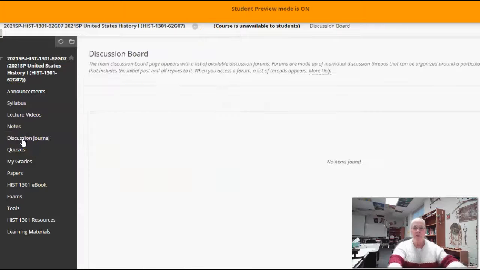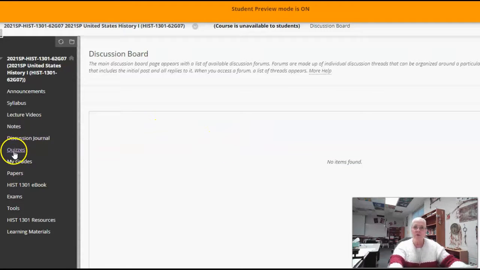Here is where you're going to find your discussion journal when they open. Now, the very first thing that's going to open here is going to be a personal information type of tab that I want you to give me some background information about who you are and what you do in school, and what's your favorite subject. Are you involved in any extracurricular stuff? That's what I want you to put in there. Just a way for us to get to know each other better. I'll also put one in there so you kind of see how that's all set up.